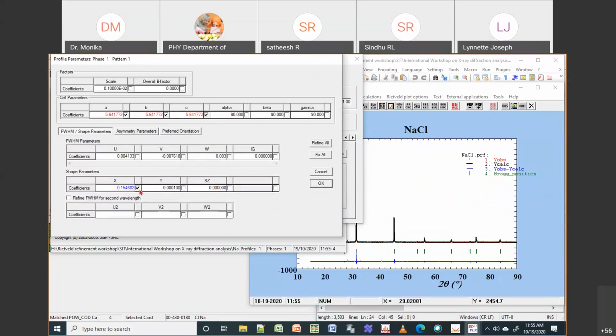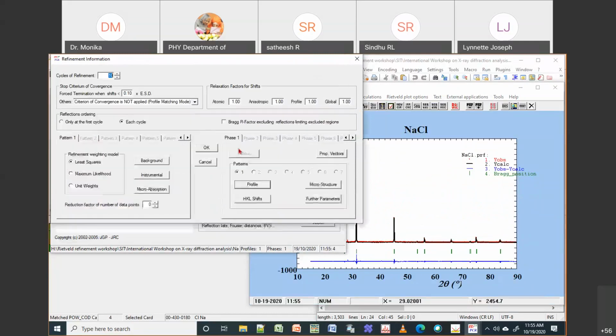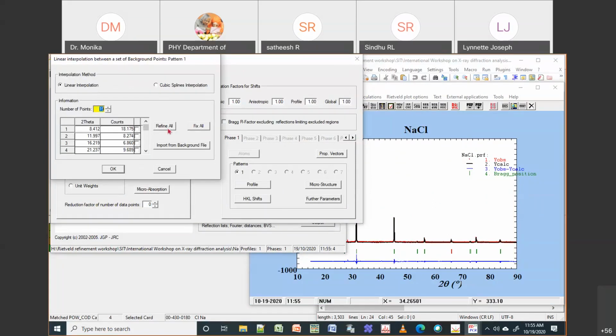Okay, you can keep ABC, let it run, and then you go to refinement, try to do fewer cycles. I will do only 5 cycles. If not, what happens, it will go through too much variation. Okay, so when you do background, keep it to fewer cycles, go to background, then you do refine all.